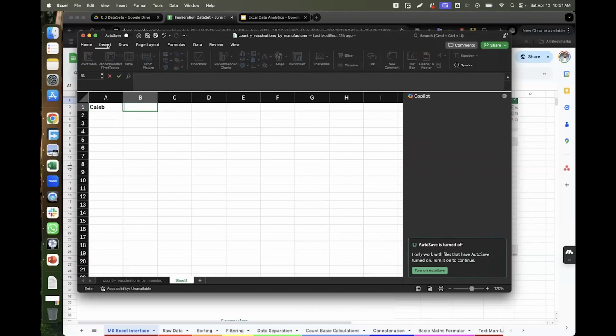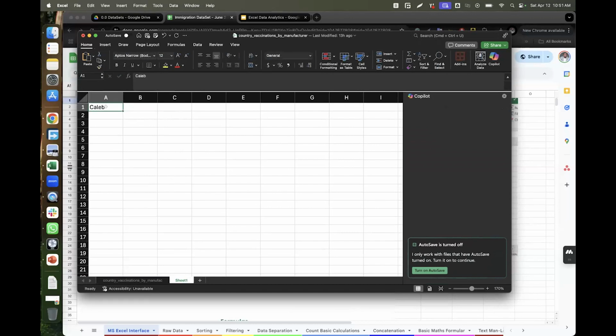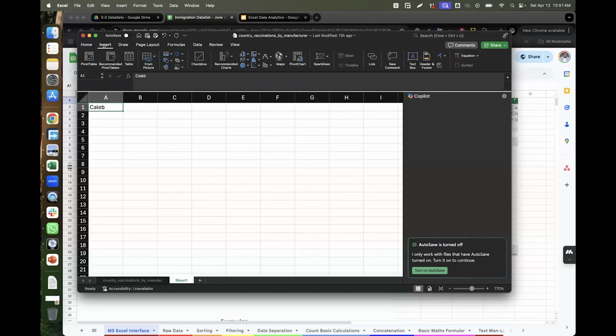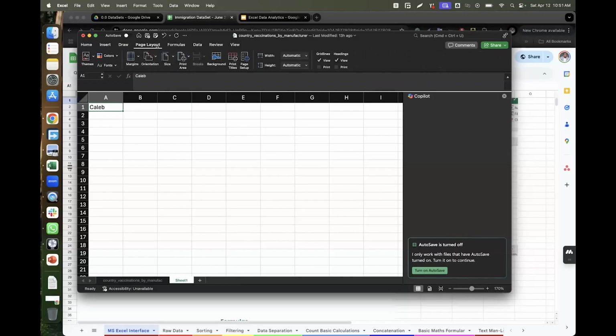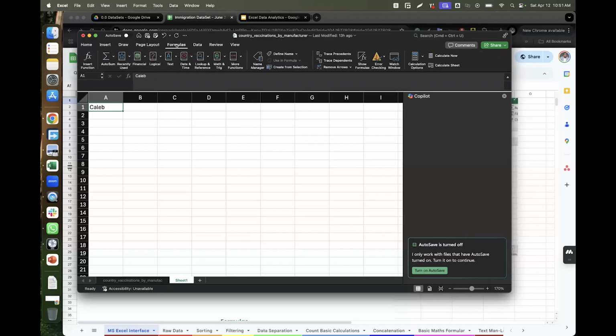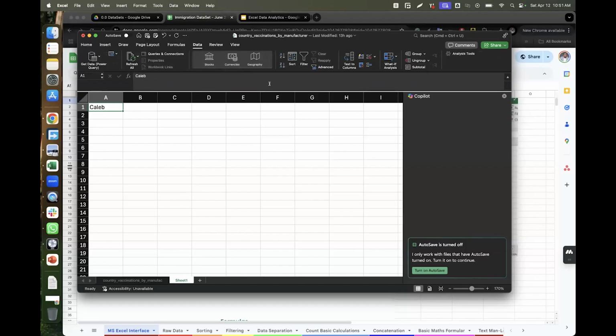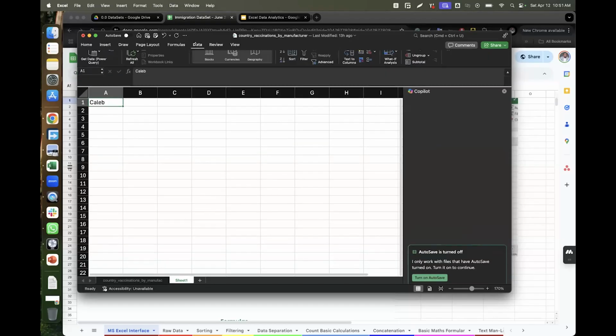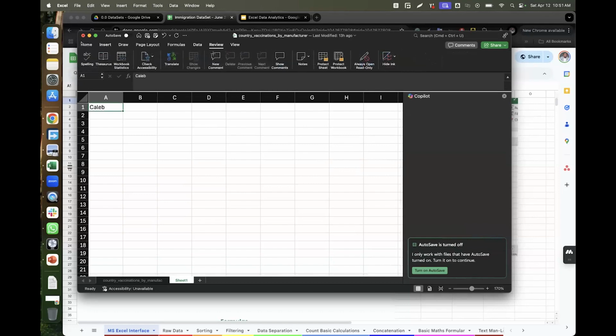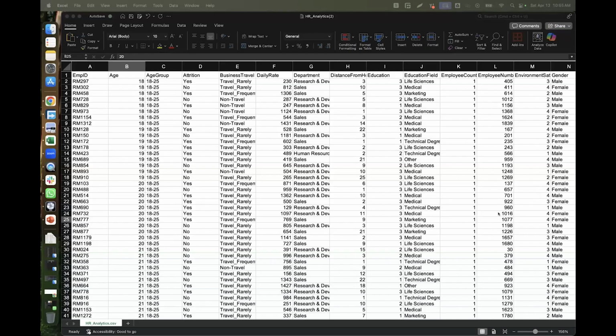Now, these are all the ribbons. All of these ribbons have different functions, and we'll be talking more about it. Some of them have formatting functions. Some of them have ways where you can insert data. You can insert pictures. Some of them have ways you can draw. Some of them have how you can do your page layout, how you can do your formulas, mostly mathematical formulas and logical formulas, and how you can also clean up your data and do some data transformation. That's what this data tab is for, and a couple of other things. Okay, so I see lots of yes.